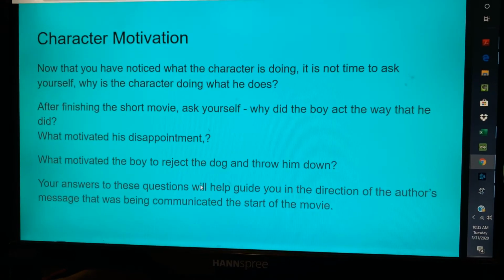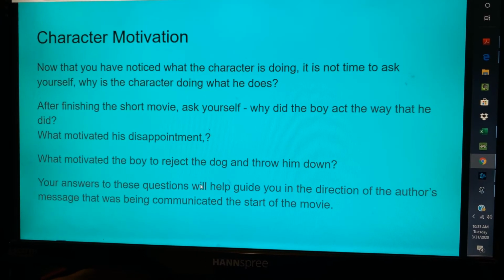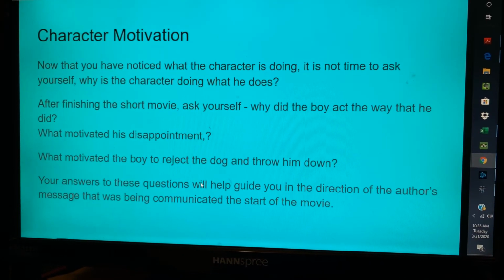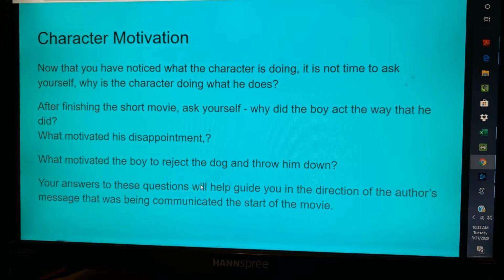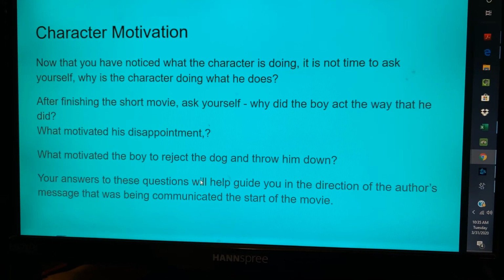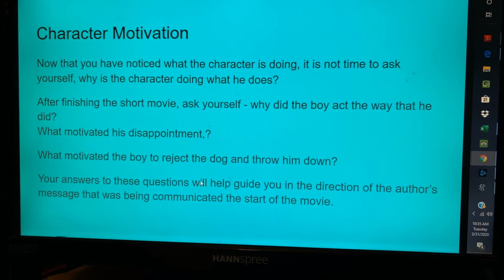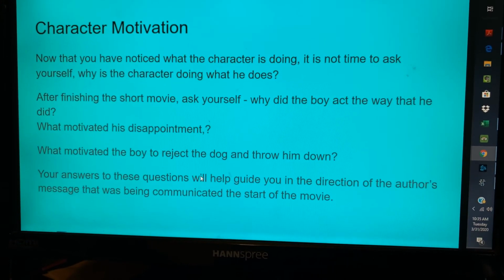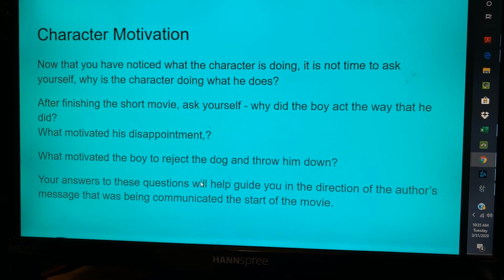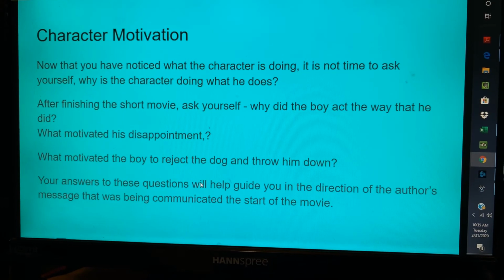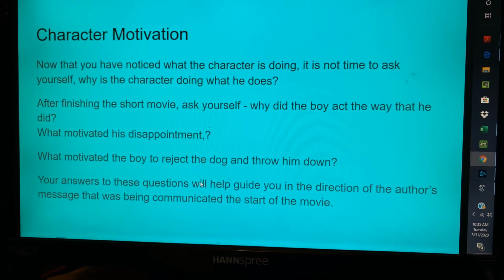So for the most part, character is going to be looking to show the reader how to behave. You can see how to behave either at the end when the boy plays with the dog, or you can look at the beginning and say, oh, don't behave like this. So don't behave like the kid kicking the dog and throwing him down, but do behave like the kid that's accepting and understanding. As that character develops, we learn our lesson as a reader to figure out what's going on.